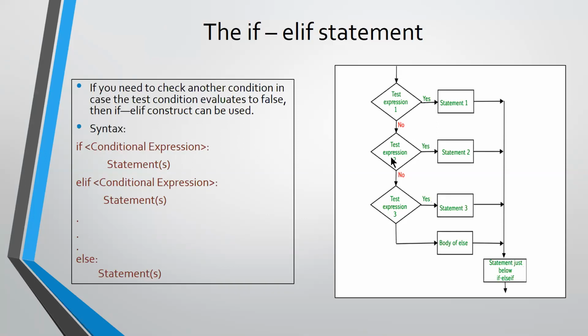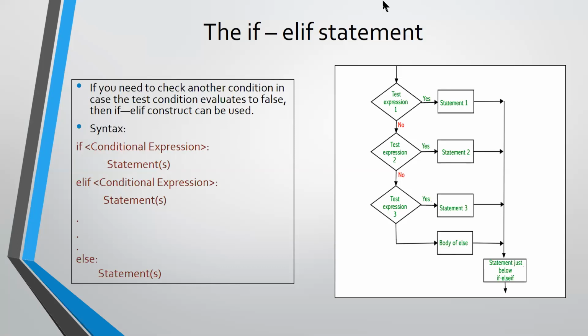If it is evaluated to true, that true block statement will be executed, and immediately it will come out of the if control structure, out of the complete structure. Again, if this is also not evaluated to true, it will go for the next condition and check that. So the point is the next condition will be checked only if the previous condition is evaluated to false. So that is called the if-elif statement, or if-elif ladder, or if-elif control structure, right?